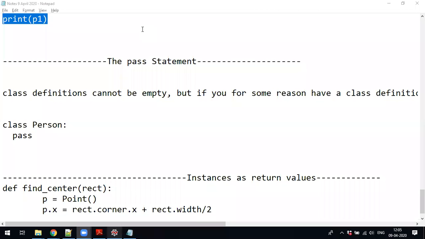That option is not there. It will work. Okay, thank you.